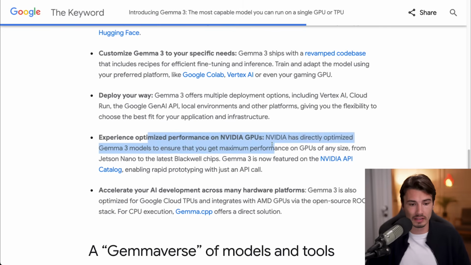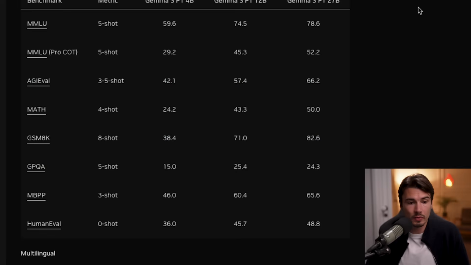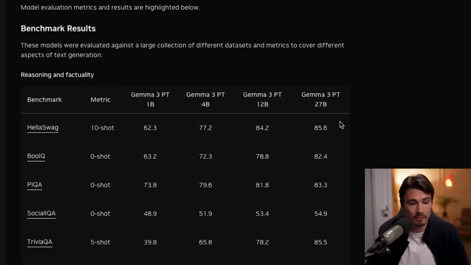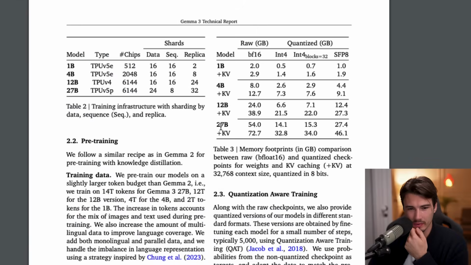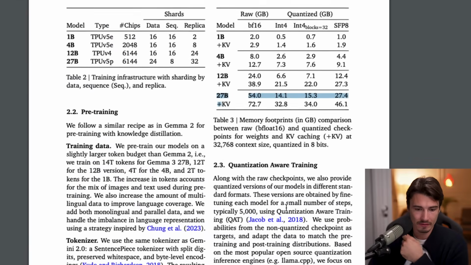And at a 27B size, you can usually run it on a lot of MacBooks. But they do say that the performance is optimized for NVIDIA GPUs. And I gotta say, all the benchmark scores look really solid for a model this small. And if I read this technical report correctly, 64 gigabytes of RAM should be enough to run this 27B model